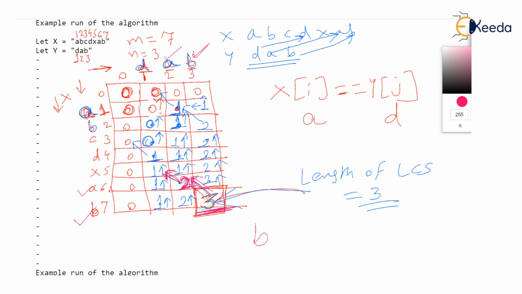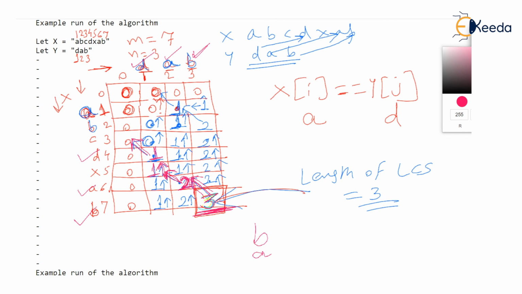Now you watch, as you follow this direction, we are at this 1. But 1 tells us to go up, and we reach this 1. And 1 has a diagonal entry, which means the letter D matched D. So the third letter which matched over here was D.